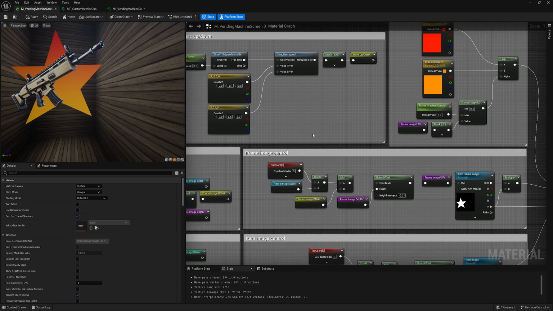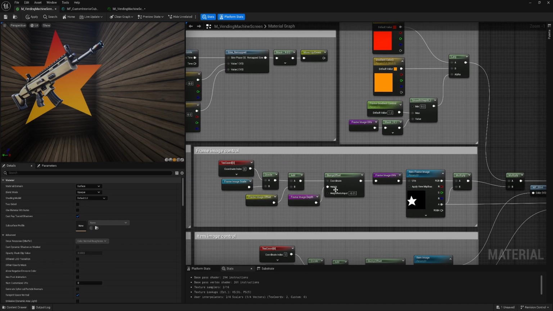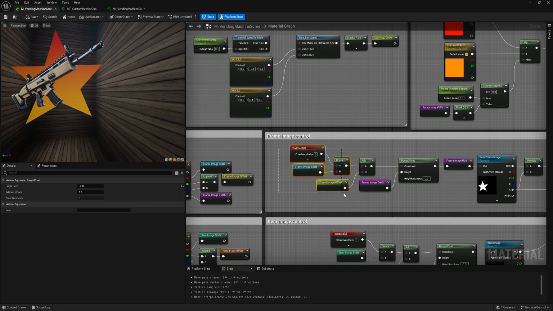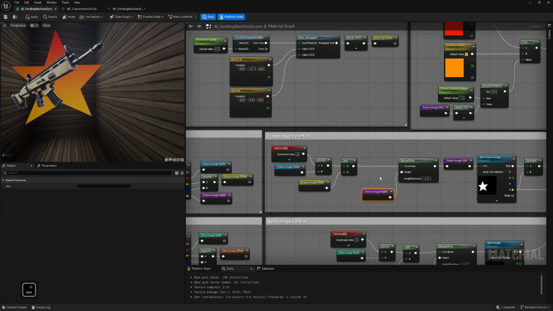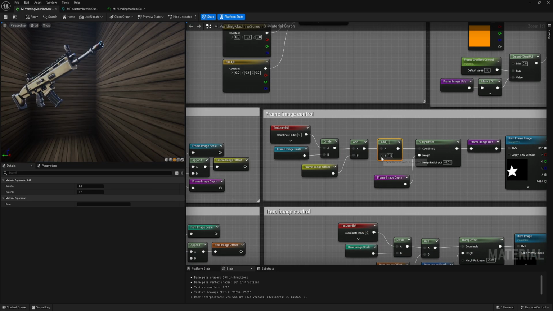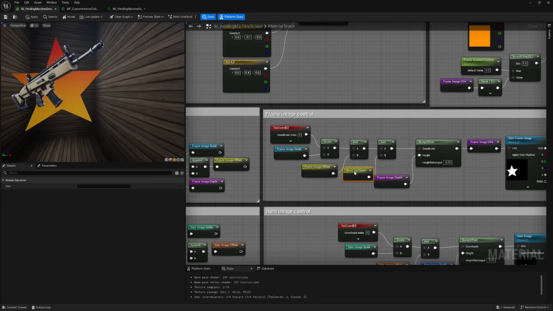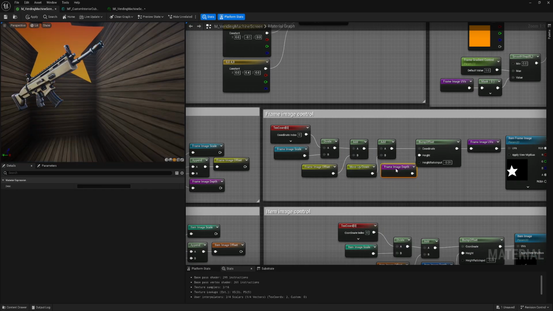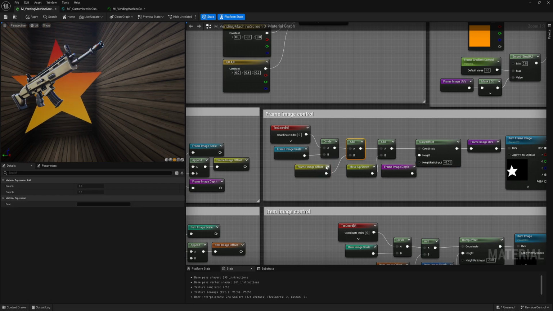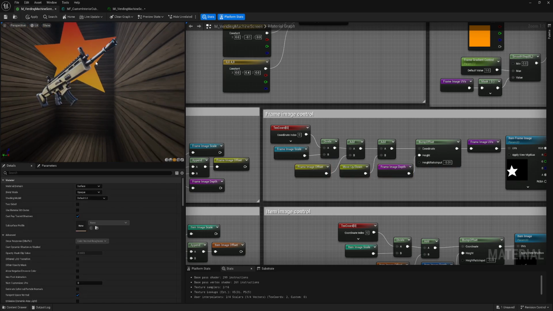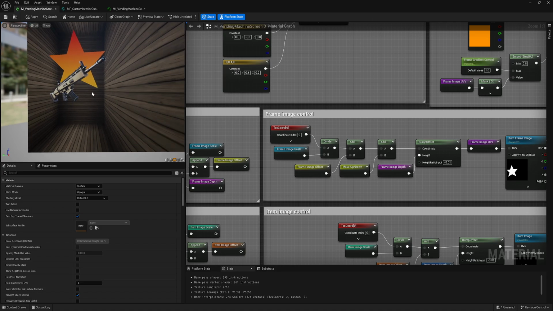To apply it, I need to add it in here. And it's working. We need the same for the gun.